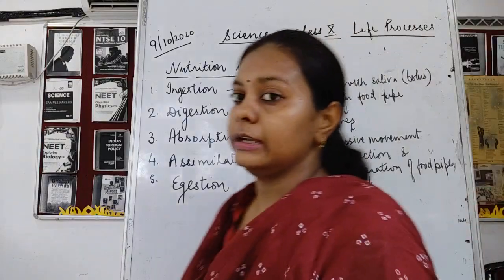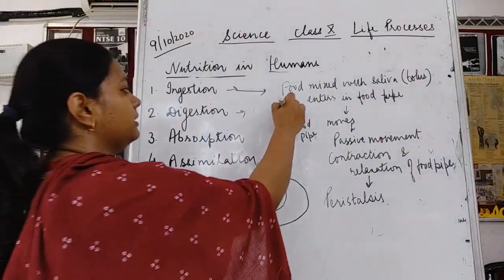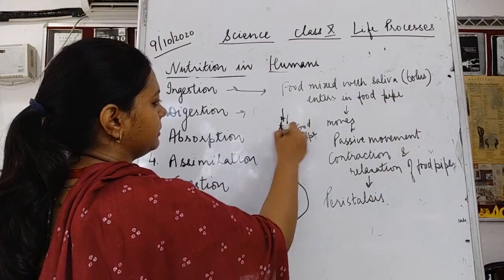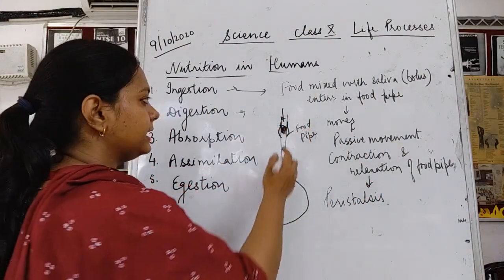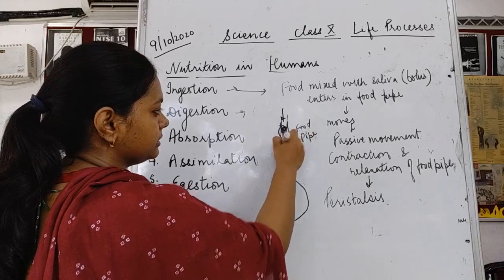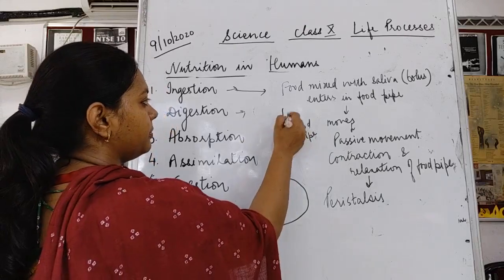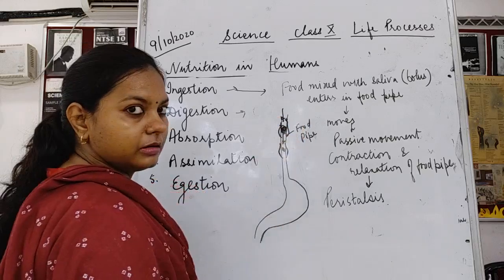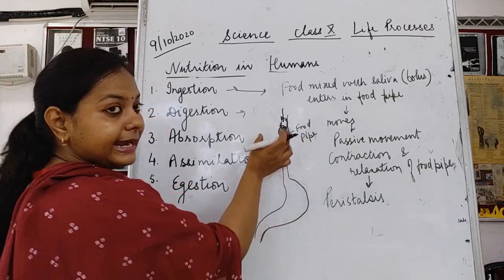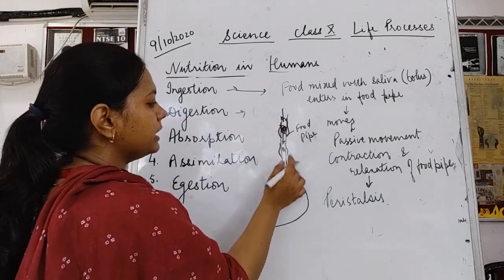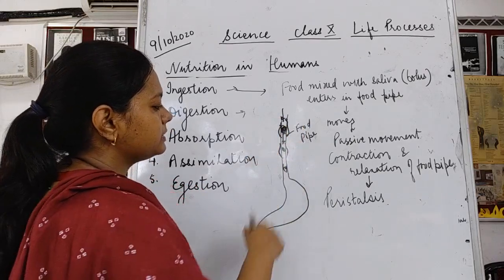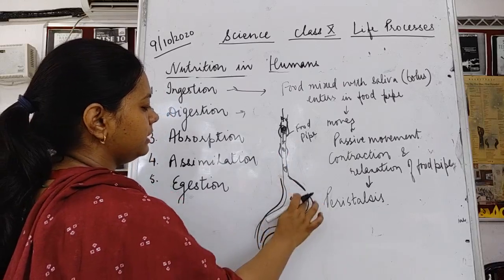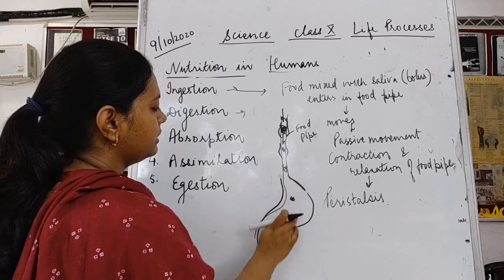See, once the food has entered, the pipe above is becoming swollen up for some time. Because of the muscles, it is getting swollen up, it pushes the food downwards, and the upper muscles also start contracting. So now here it is swollen up, and the muscles above are getting contracted. Because of the continuous contraction and relaxation, what happens? The food enters inside our stomach. Fine, so it enters inside our stomach.